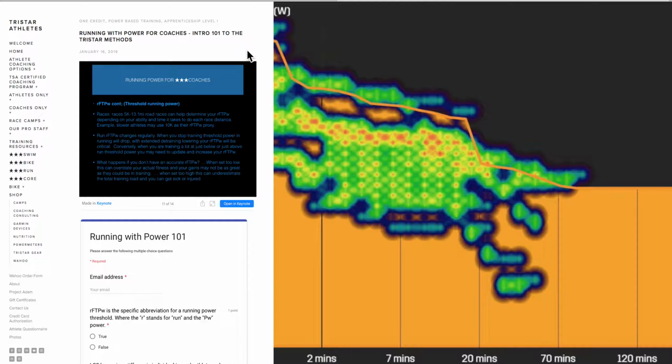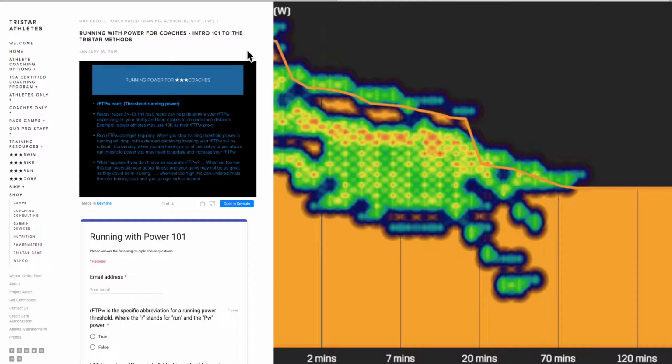So we can also use races like 5Ks and actually up to half marathon. For our more elite athletes, our C-level athletes, a half marathon is done pretty close to their run FTP. So we can use that and say, hey, that's 95%. And then in a 5K, we're going to say, okay, that's 100% for somebody who's a little slower. So it depends on how close their split is, but you can use those tests as proxy.